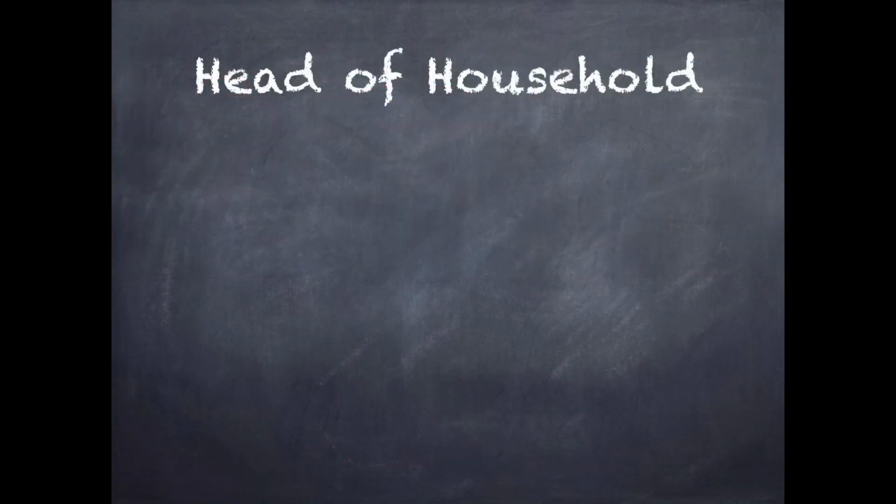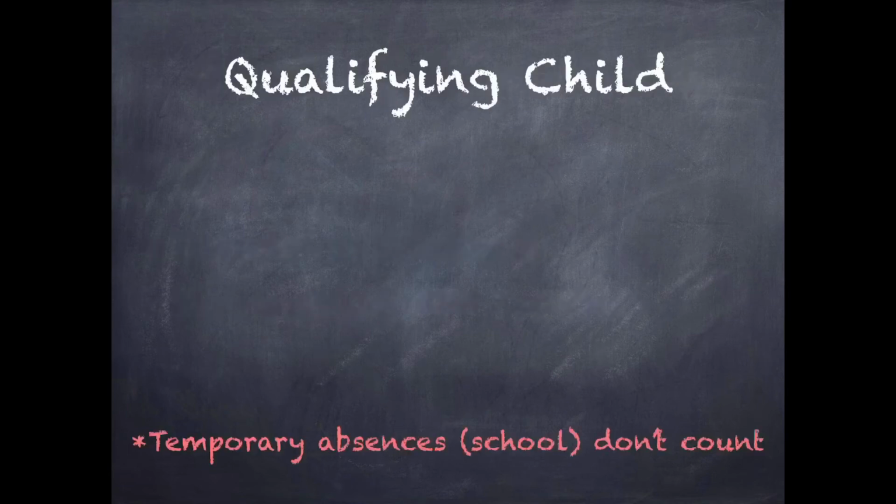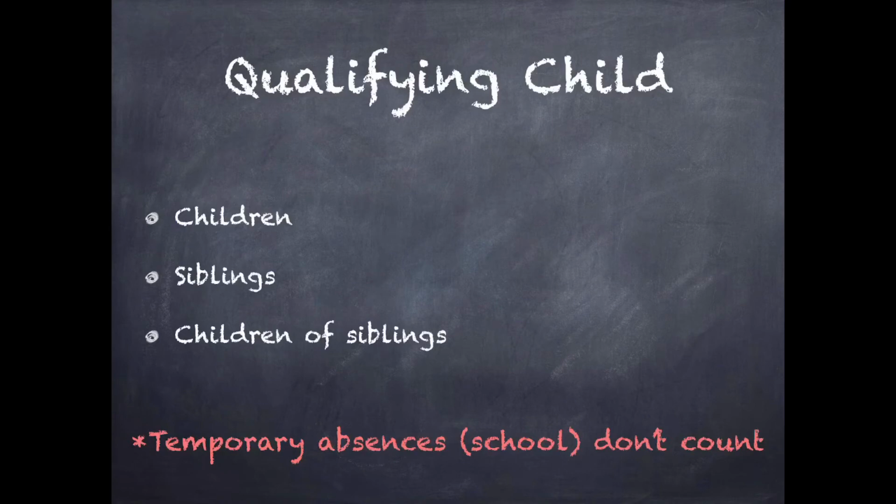Head of household. So if you're not married, you can still get a better filing status than the single one. You must have a dependent or a qualifying child or relative. Let's see what that means. So for a qualifying child, it doesn't have to be your biological child. It also includes your siblings, children of your siblings, foster children, adopted children, stepchildren, stepbrothers, children of stepbrothers, and so on. So as long as they are younger than you,